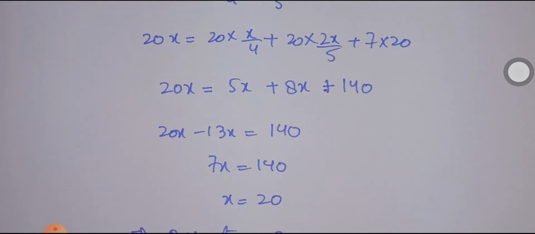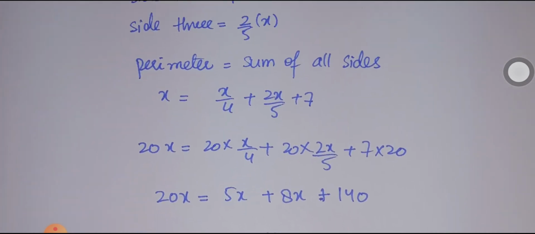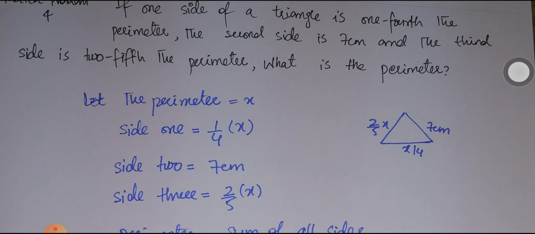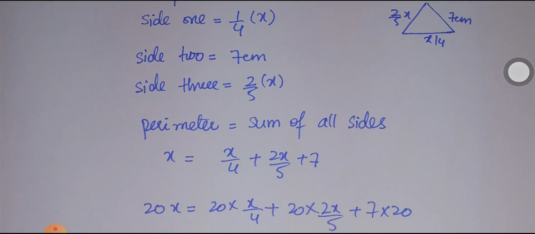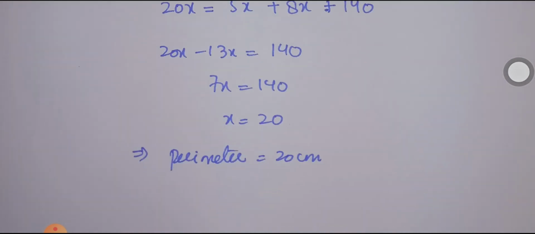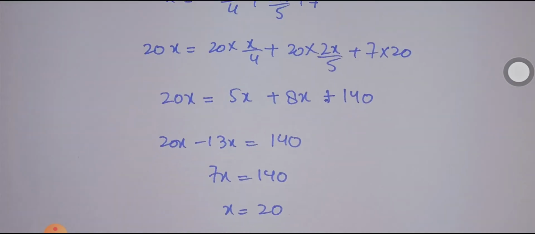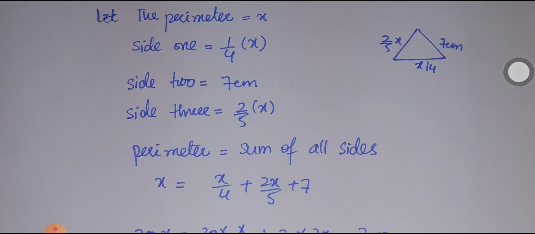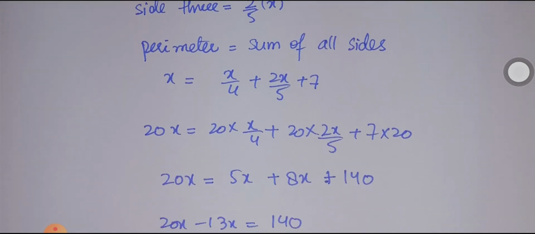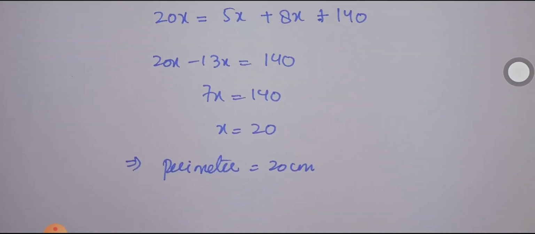And for the word problems, if we are given such problems in which the unit is used, you have to represent the final answer in terms of units as well. So parameter will be equal to 20 centimeter. Why have I put the unit centimeter? Because we are given the side 7 centimeter. It means centimeter is the unit to be used for the lengths in this question. So that's why parameter is defined to be 20 centimeter.